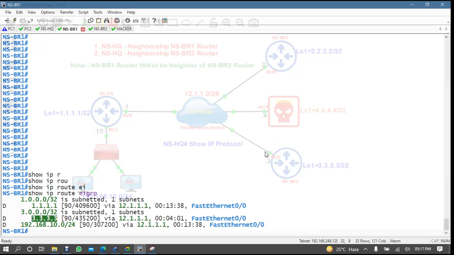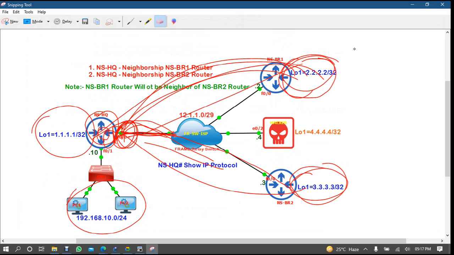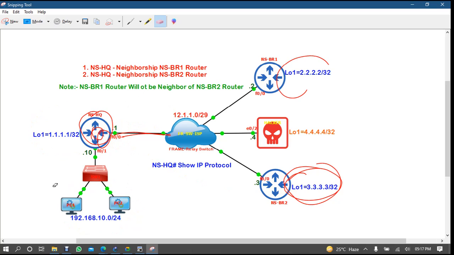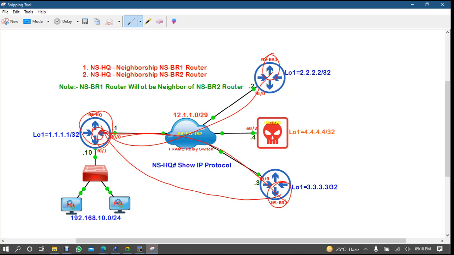What he's saying here is, whenever this branch wants to communicate to 3, they will come here and then they will go here, right? Now see, what is the problem? Even the same problem: whenever branch 2 wants to reach here, they have to come here and then they will come here, right? Some traffic, I can understand, is from branch to headquarter, but some traffic will be between branch to branch, right?